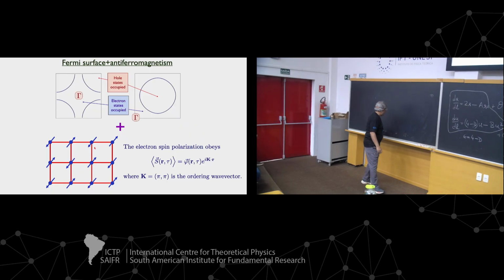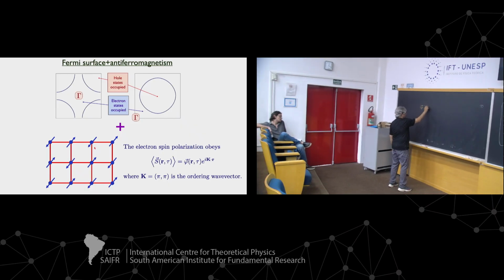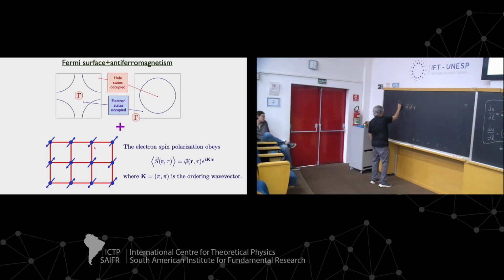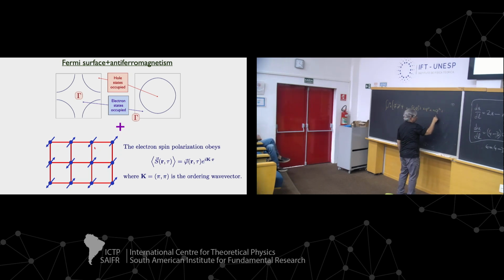So now we can just add Dirac fermions. So you have psi bar d slash psi. Let's just do it in d dimensions for fun. And then you have (d mu phi) squared plus r phi squared plus u phi to the fourth plus lambda psi bar psi times phi.